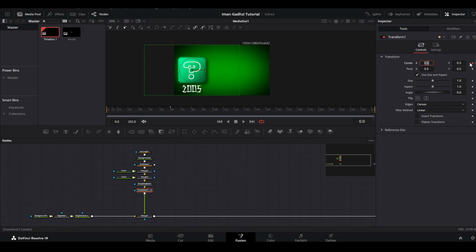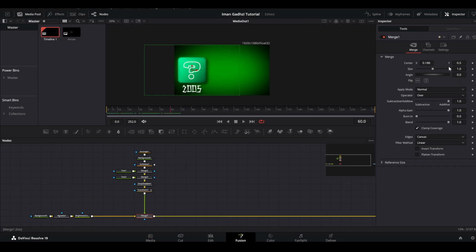here. And now let's go back to our frame number 0, and let's bring the box down so it's out of the screen here. So it slides up like this. All right, and in the merge maybe we can bring it a little up so it's in the center of